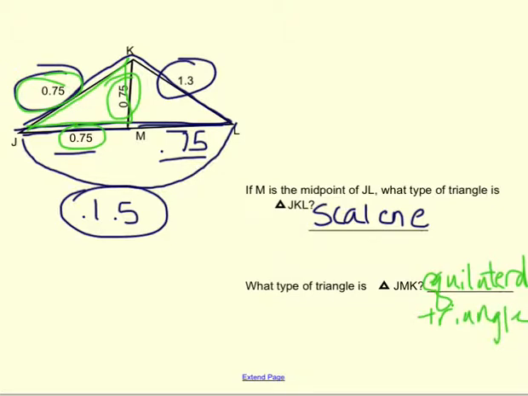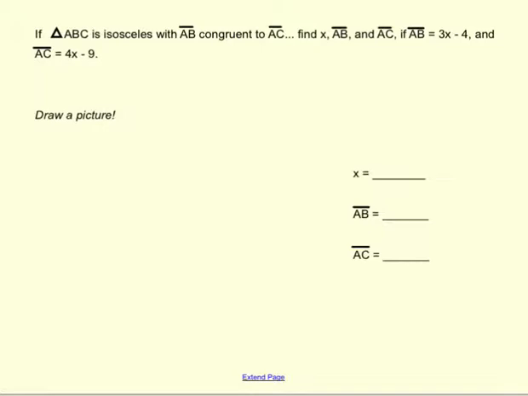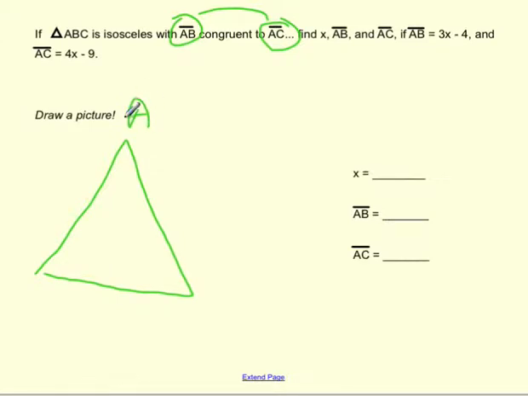Alright, let's move forward and take a look at ABC. So it says ABC is isosceles with AB congruent to AC. So the measure of these two angles are equal to each other. So we need to find x. I'm going to start by drawing a picture. That always helps me. So I have triangle ABC. Now I know that AB is congruent to AC. So I'm going to put dashes on each of those sides of the triangle so I know that AB and